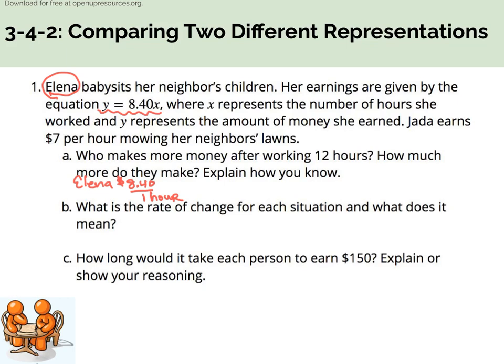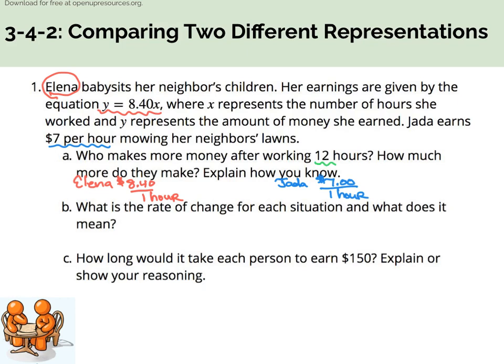And so that's what she makes. And then we need to figure out Jada. It says Jada, she earns $7 for 1 hour mowing her neighbor's lawn. So Jada, she is $7 for 1 hour. Okay, and so what we want to do is we want to find out who makes more